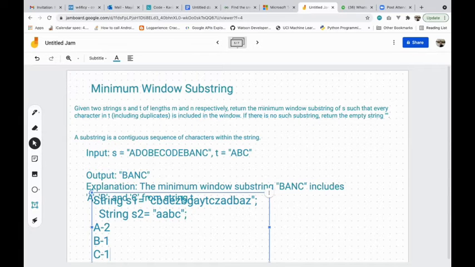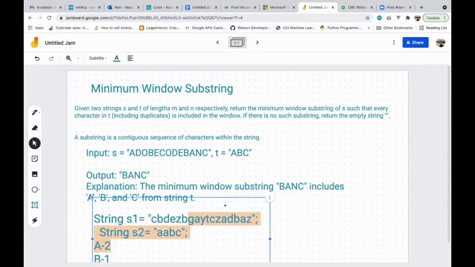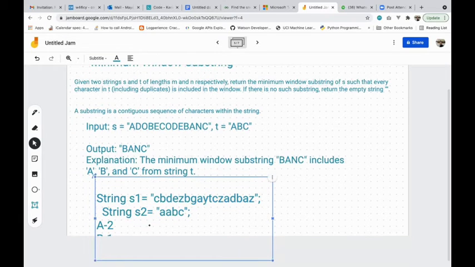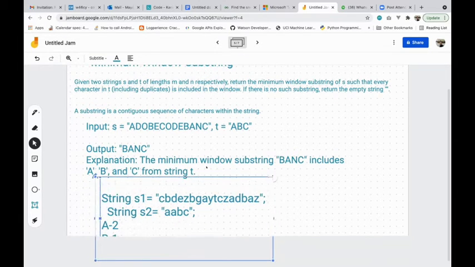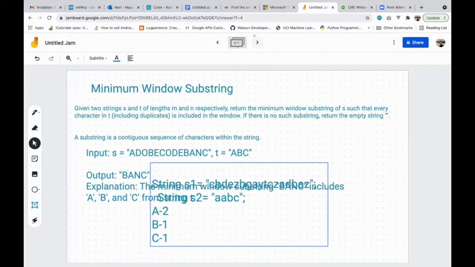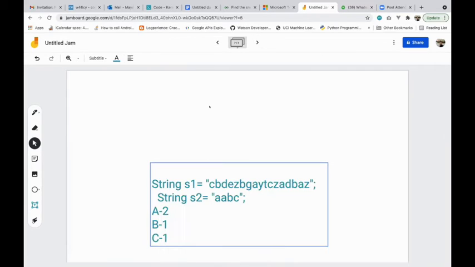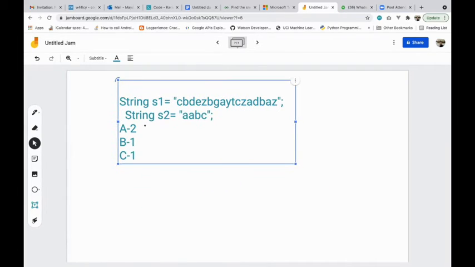So now when I'm passing string 1, I get C. I get its count as 1 right now, and it's matching the count of this one.